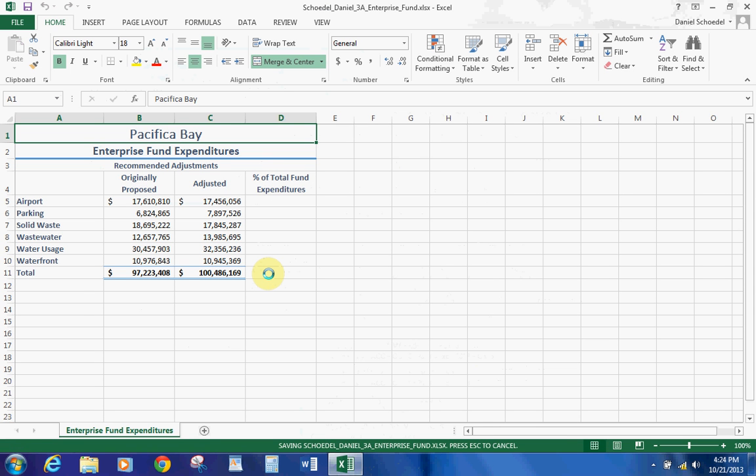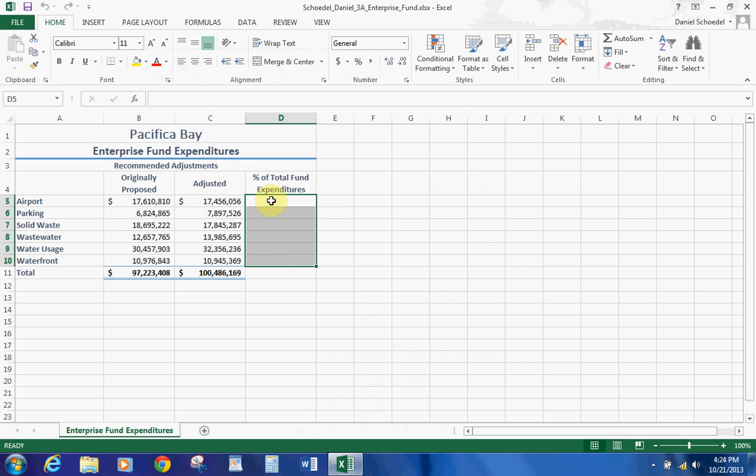Okay. You'll notice that the first thing we're going to do is something we did in the last lesson, which is we're going to look at the absolute cell reference. In this range of cells here, we want to calculate the percentage of each of these to this. So we put our cursor over here, like so, and we're going to hit equals